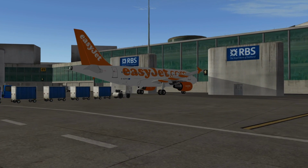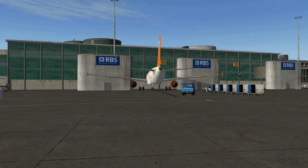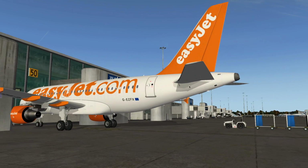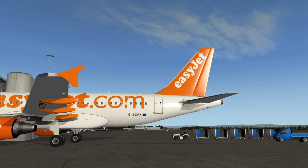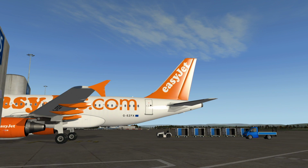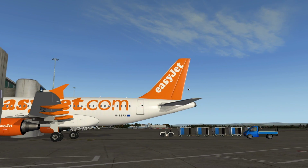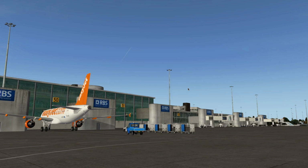Proportions, detailing is great. If you look closer, let's take a look at the reflections. Here you see, that's where the problems start coming in, and it's kind of too smooth. All Peter's aircraft have a really smooth surface. It has texture, but it's just really smooth and a little bit plasticky. So there's an issue of the texturing,